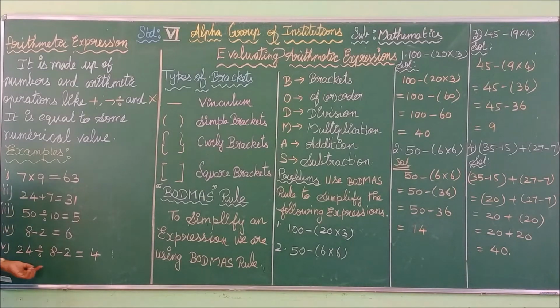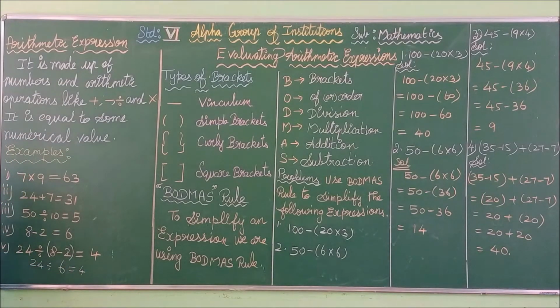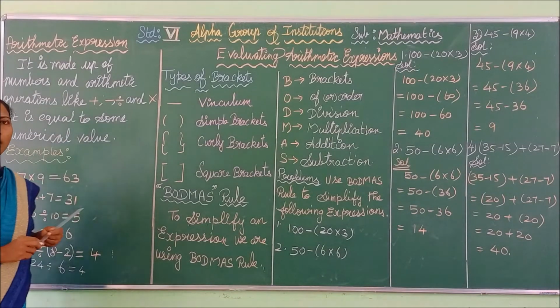Here, this is an expression having two operations. So you may be confused about which operation to do first. For that, to simplify our evaluation, we have to use brackets. Here you have to use the bracket for 8 minus 2, because you evaluate the bracket first. 8 minus 2, your answer is 6. If you divide 24 by 6, you get the answer 4. So the use of brackets is very important in expressions.